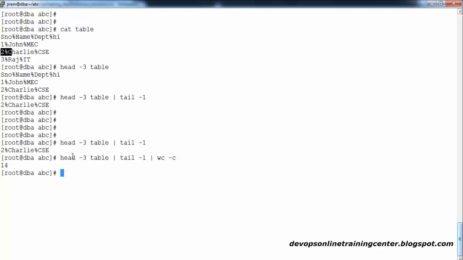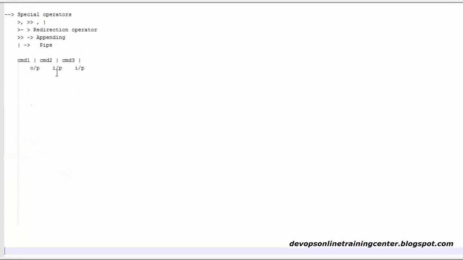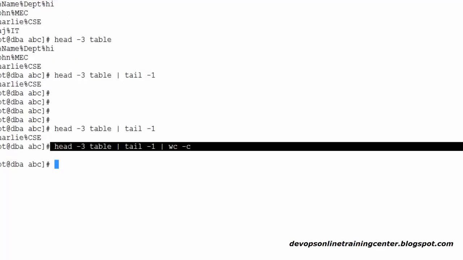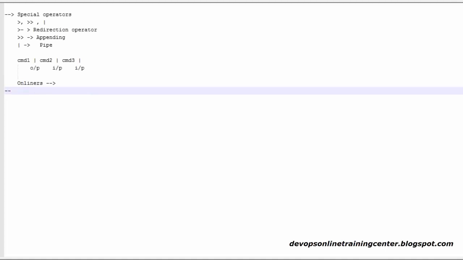These kinds of commands in Linux or Unix we call one-liners. Remember, people may ask you, did you ever write any one-liners? A one-liner is a smart way of writing commands to fetch the required data. One-liner is nothing but making use of multiple commands together. These are a few use cases I explained, but in real time you may find n number of use cases. You should be able to apply all your commands in a smart way to get your required output. So that's about the few special operators. Now let's see the rest of the commands. Let me talk about a few system commands.